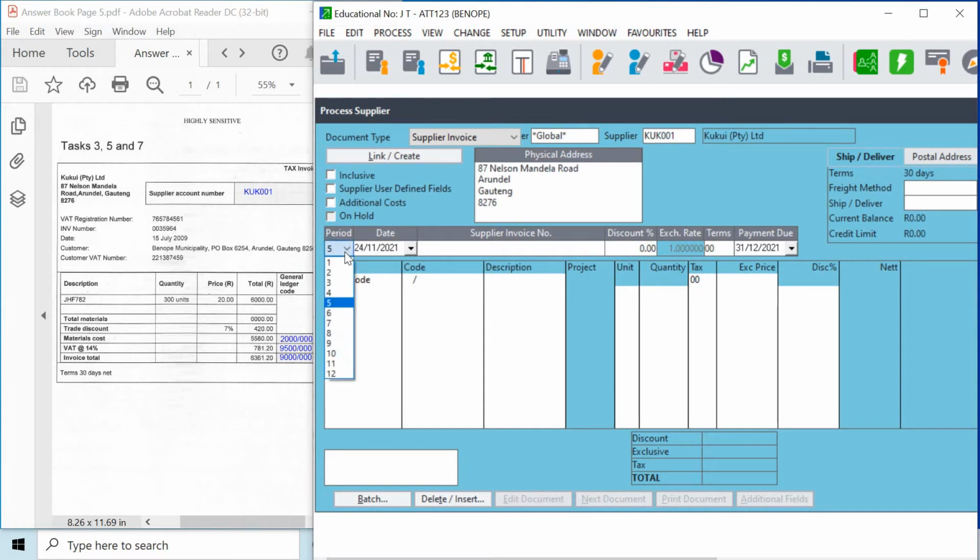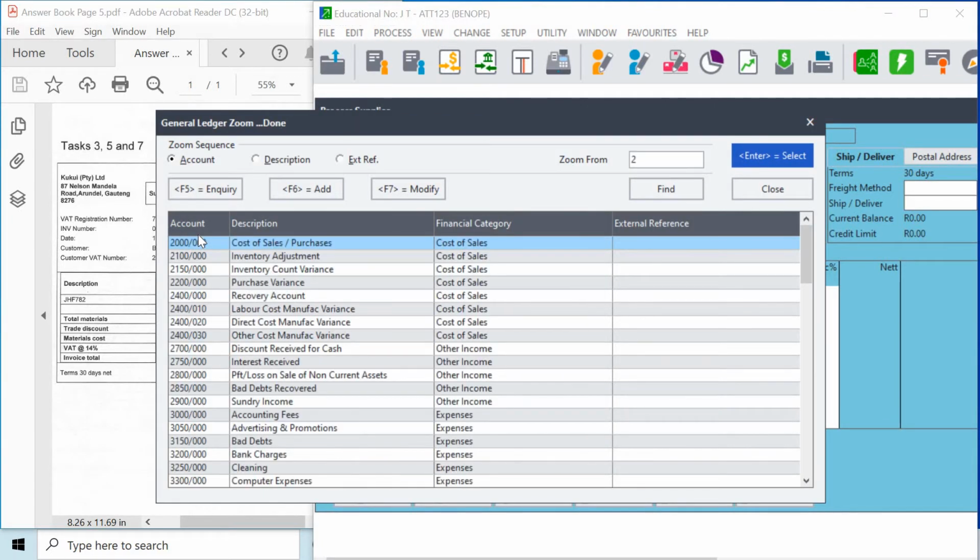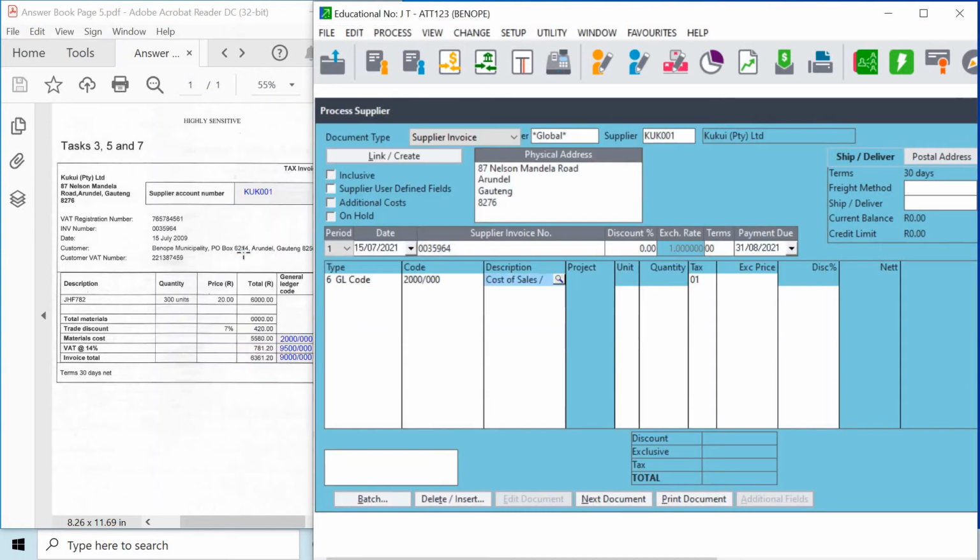Don't forget to change the period to period 1, and then you change the date as at the 15th of July on your supplier invoice. Supplier invoice number we see is 0035964. We can leave the payment due date as a default. All purchases are to be made with the account number 2000 cost of sales purchases, and then we just change the description to that reflected on the supplier invoice, which will be JHF